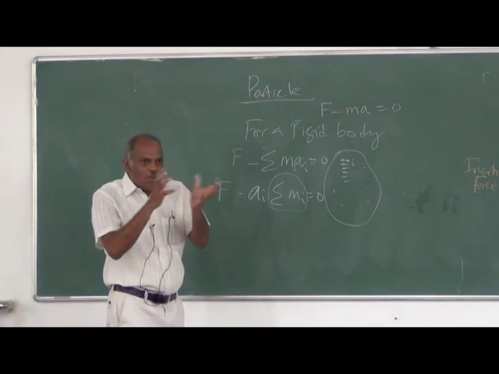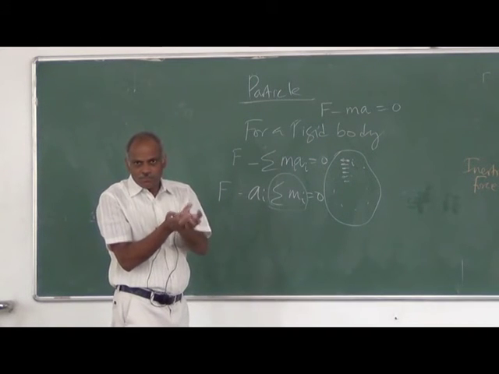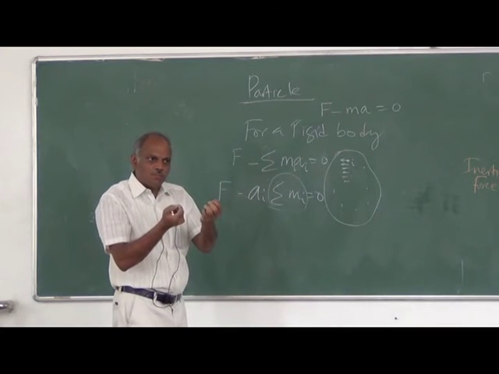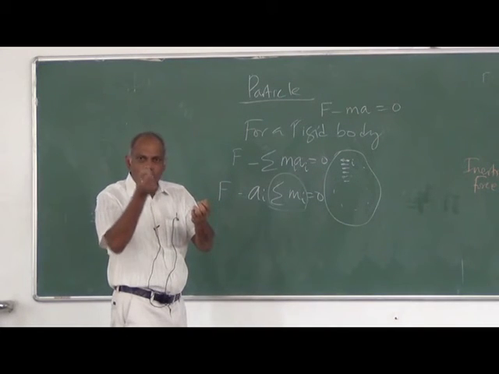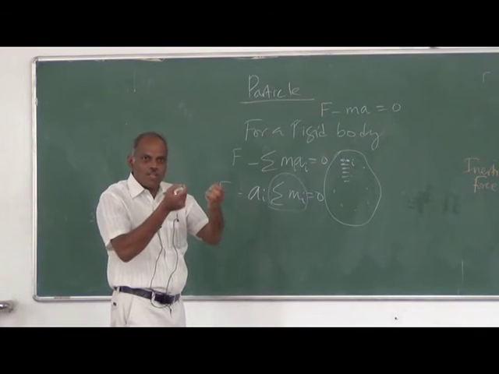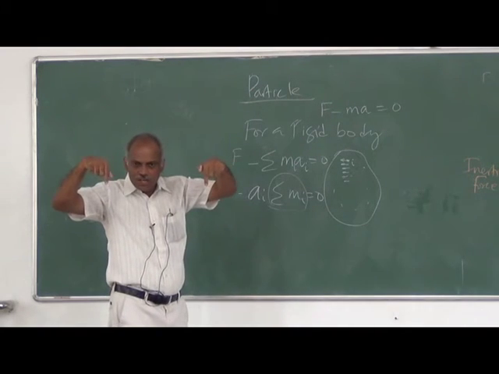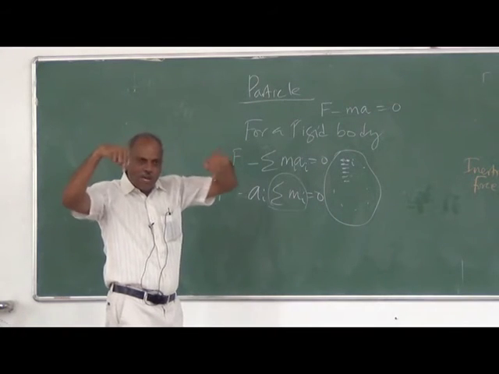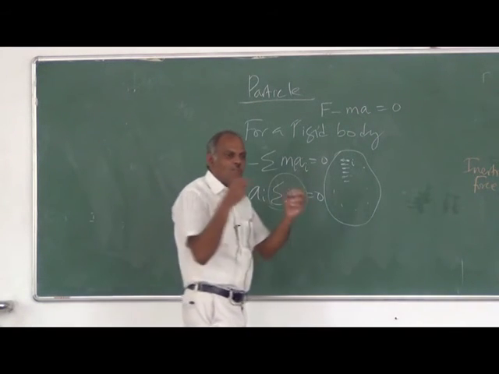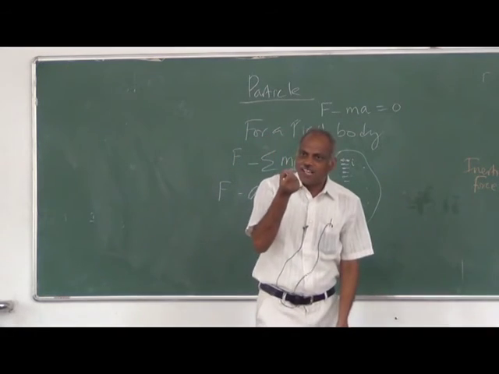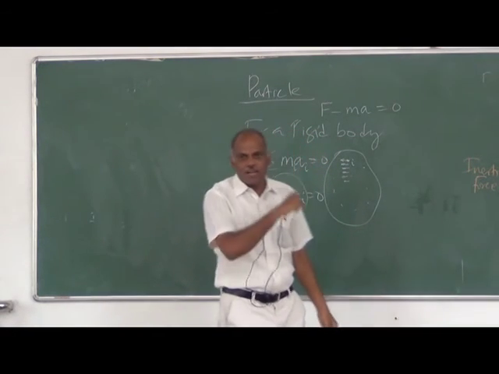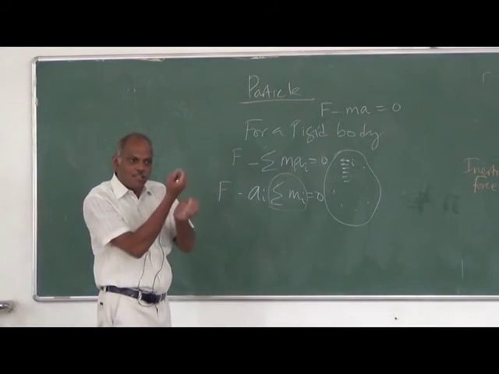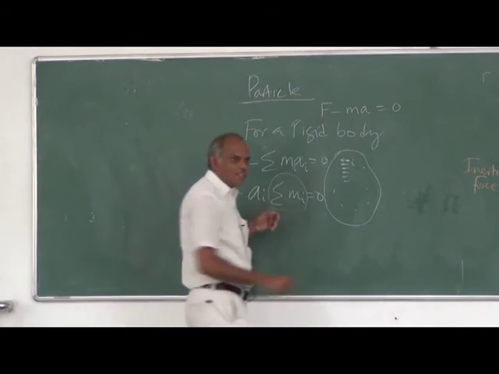So it is like your gravity on a body. If you take a body, each particle is subjected to gravitational pull. If you think of the gravitational pull on all the particles, they all will be parallel to each other. So when you have so many parallel forces together, you can find a center about which a net force will be acting. Without going into the detail, I can say that that center is your center of gravity.